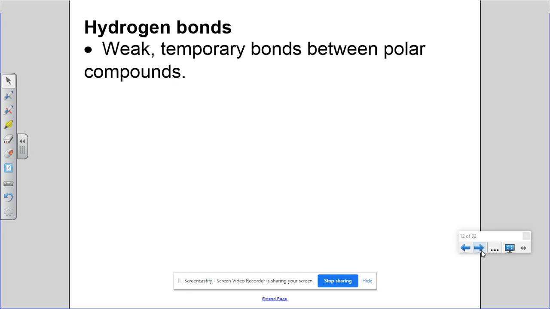So let's officially define a hydrogen bond. It is a weak temporary bond between polar compounds. Again, right now we're worried about water, but please know there are other polar compounds that exist and some that will be important to biology through the year. And this is everything we need to